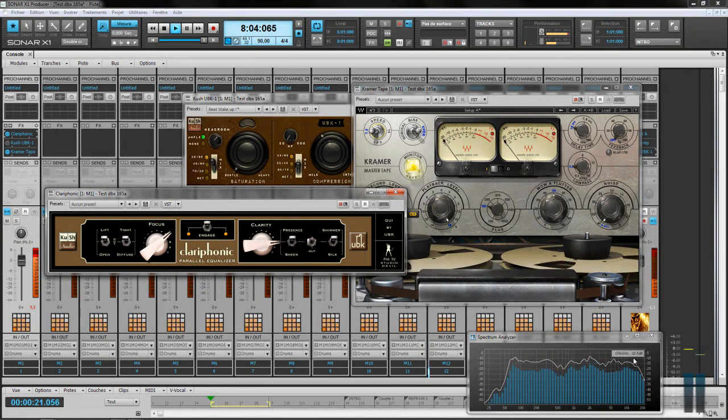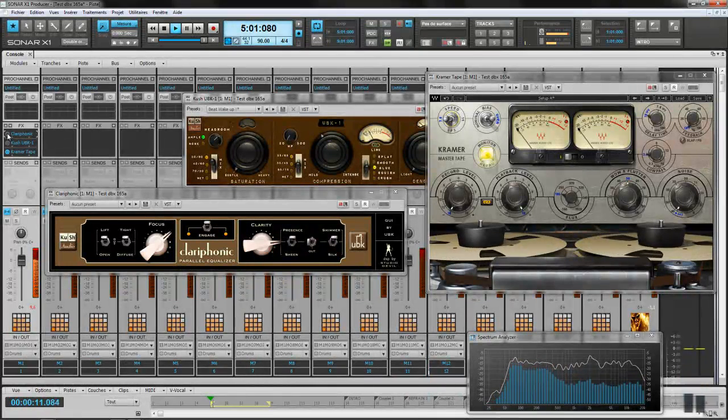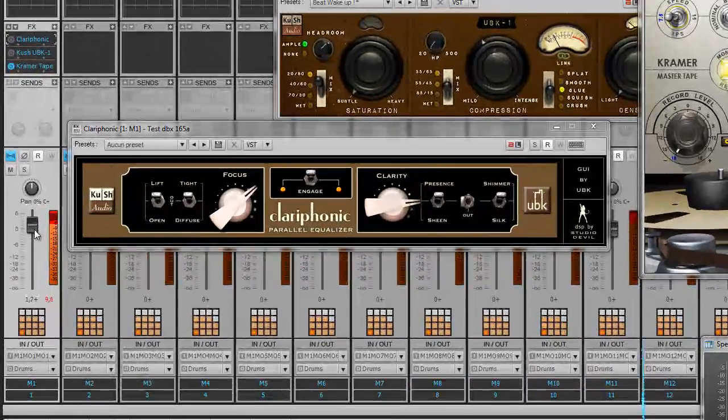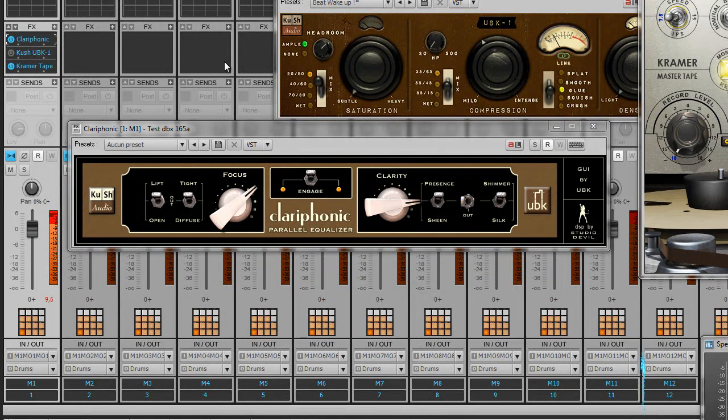Look at that. Here, I got a small roll off made by the MPX. Okay, without the Clariphonic. Yeah, you're not dreaming. I know there's some gain stuff going on. But even if I look at that, okay, still bullshit. Now, like that, it's okay. Without the Kramer,